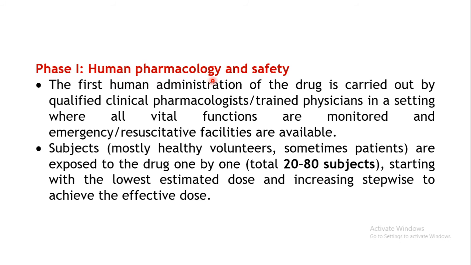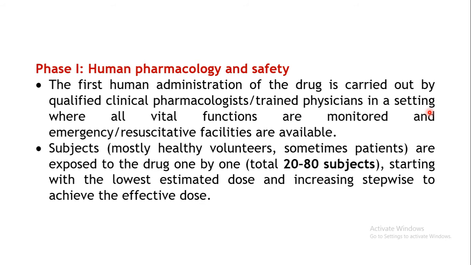So human pharmacology and safety is being tested in this particular phase 1. Here is the first human administration of the drug. Once you identify the lead and test it in the animals, this is the first phase wherein you expose your drug to human beings. This administration is done by qualified clinical pharmacologists or trained physicians, and is done in